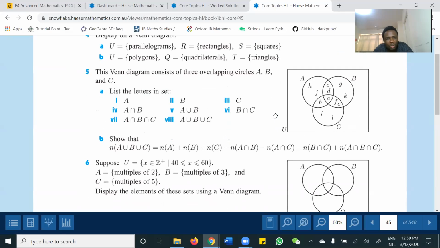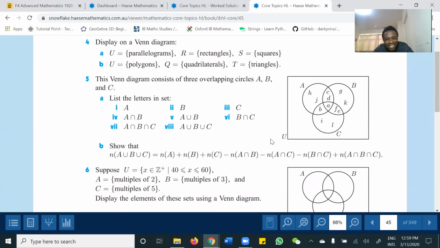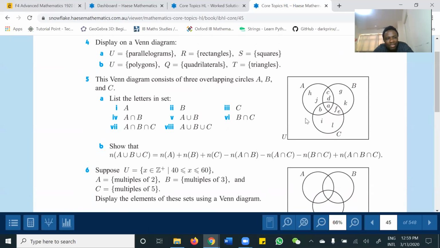Form 4. Maybe I'm assuming you guys are from 4.5 already. So if you have done 4, can you signify if you have completed 4? I have completed 4. I'm also done with 4. Me too. Okay, wait. Are they contained in each other here?